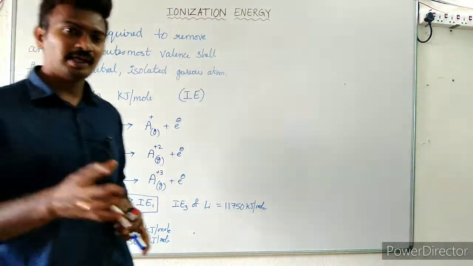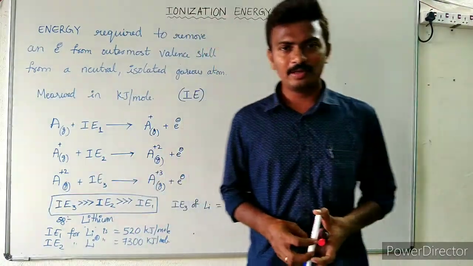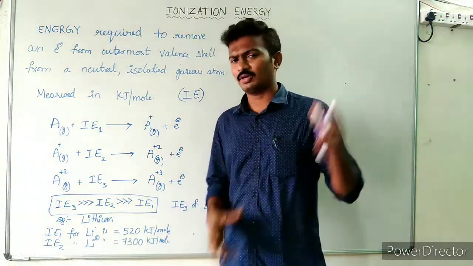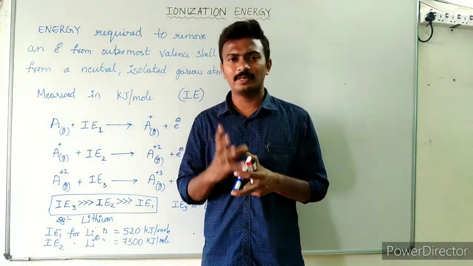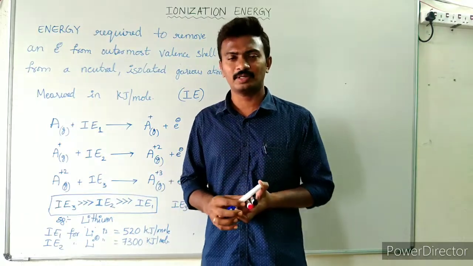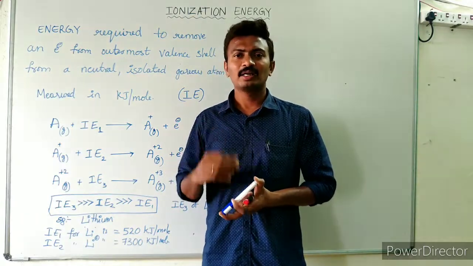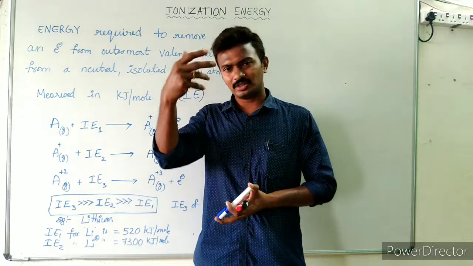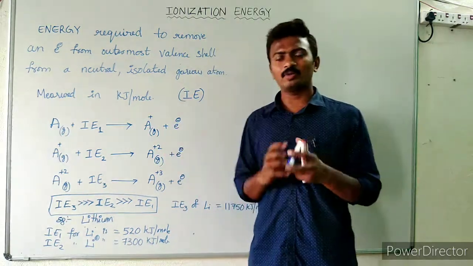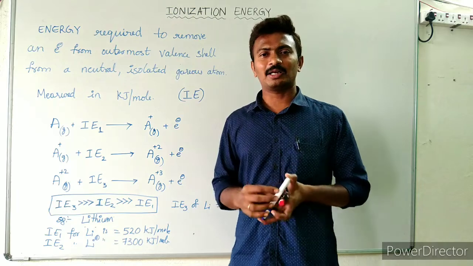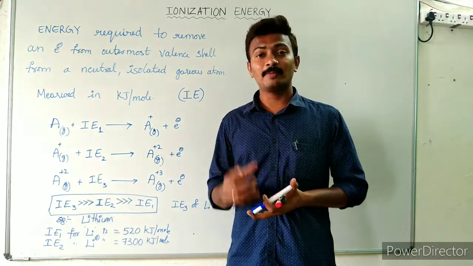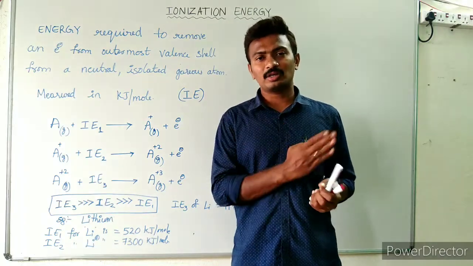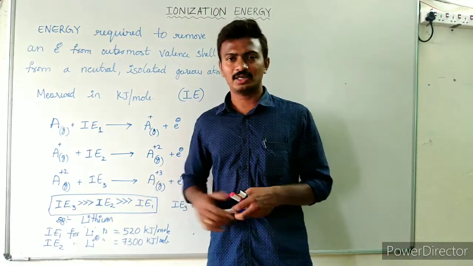So in this way, if you take an element, its third ionization energy will be very much greater than second and first ionization energy. If we take a bigger atom or bigger element whose atomic number is very high, then the removal of electrons will continue, that means fourth ionization energy, fifth ionization energy. So as we keep on removing the electrons, the positivity of that particular species is going to increase, which will make it difficult for the removal of electrons. So as the electrons are being removed, ionization energy keeps on increasing.